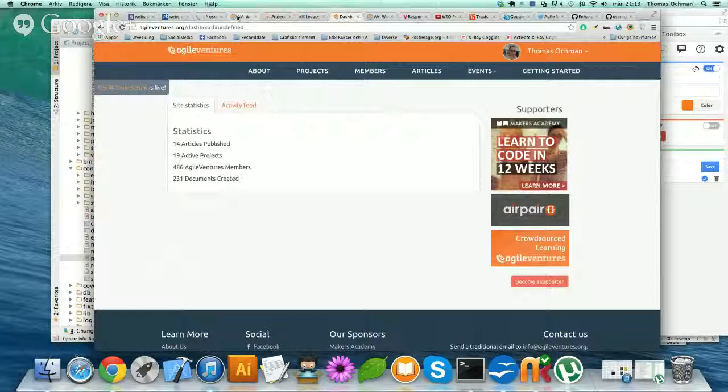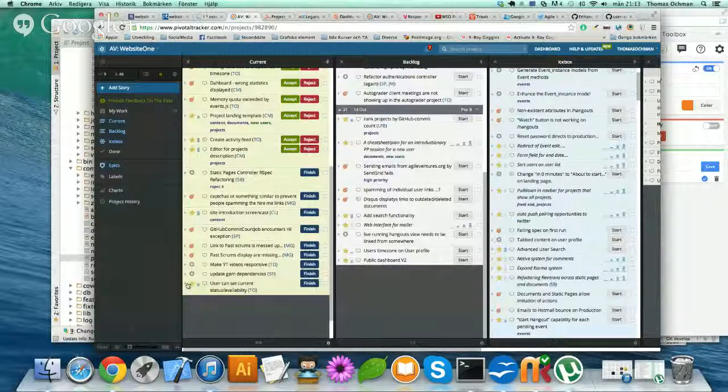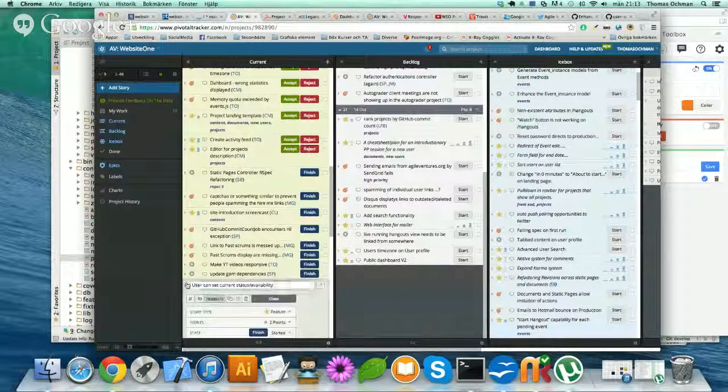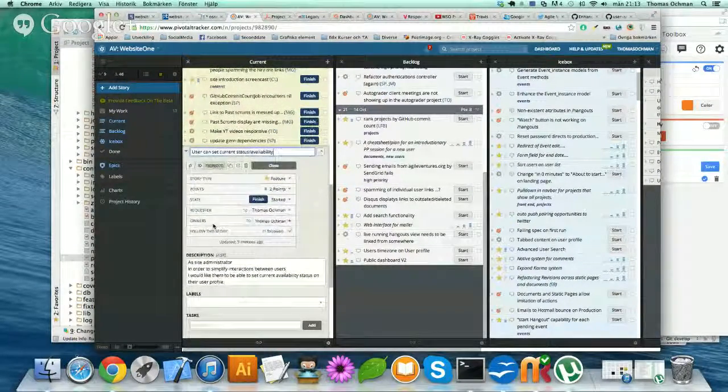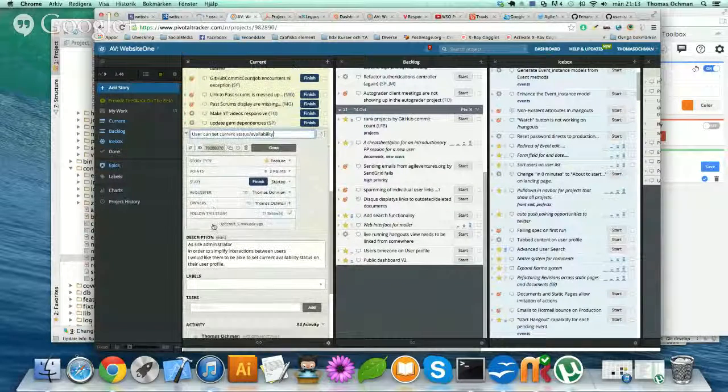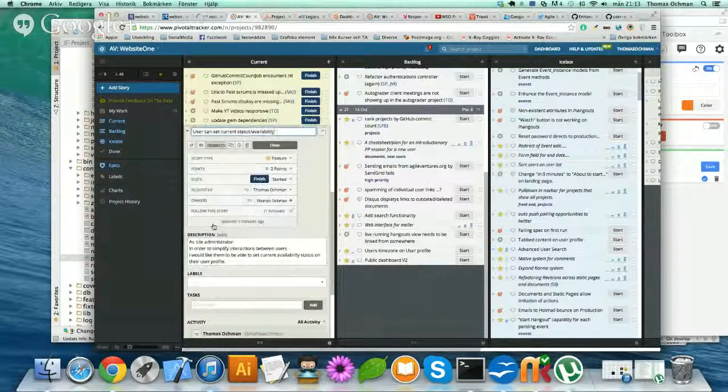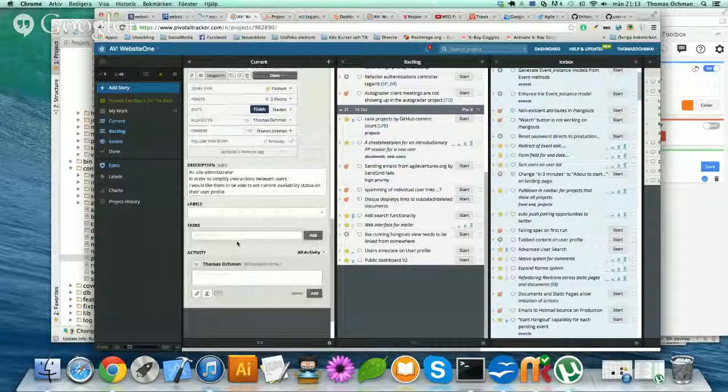Let's have a look at the story itself. User can set current status availability. On the user profile, as a site administrator, in order to simplify interaction between users, I would like them to be able to set current availability status on the user profile. Okay, so we could say that